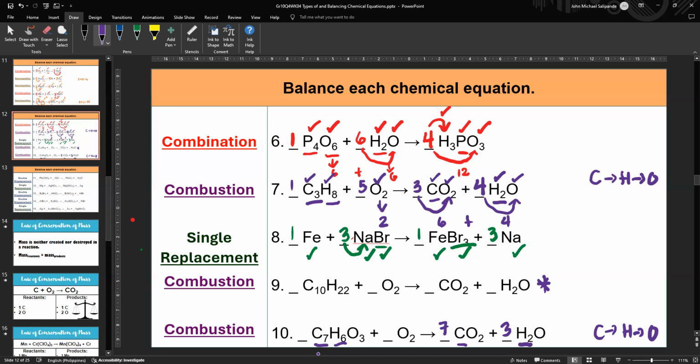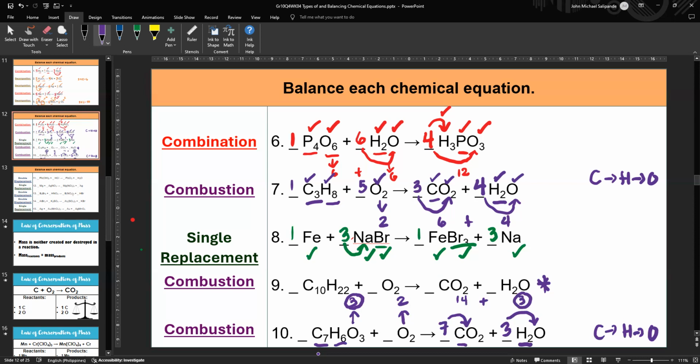So you have 3 oxygen atoms here, and you only have 2 here on the left side. So 3 plus 2 equals 5. Now, on the product side, you have 7 times 2 equals 14, plus you have 3 times 1 equals 3. So 14 plus 3 equals 17. Now, both sides of the equation have 3 already. There you go. So that leaves you with 2 and 14.